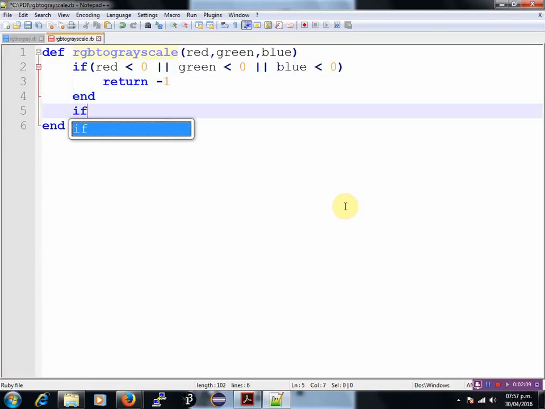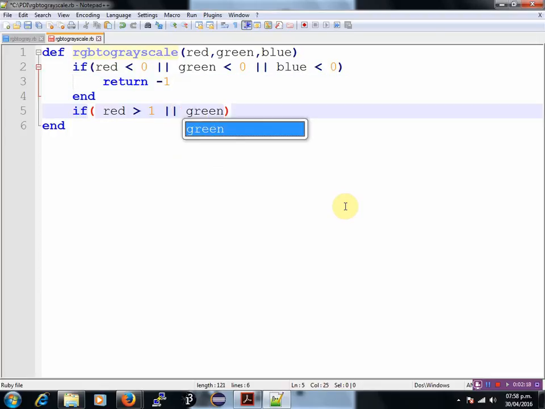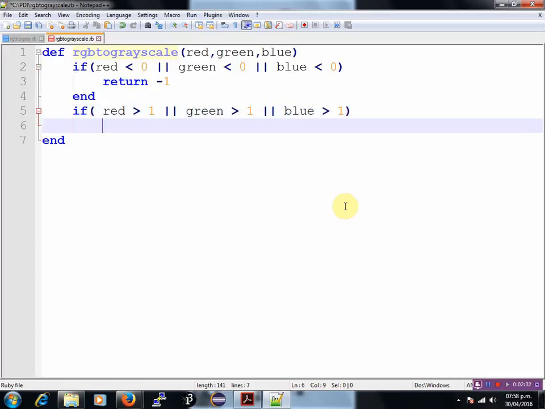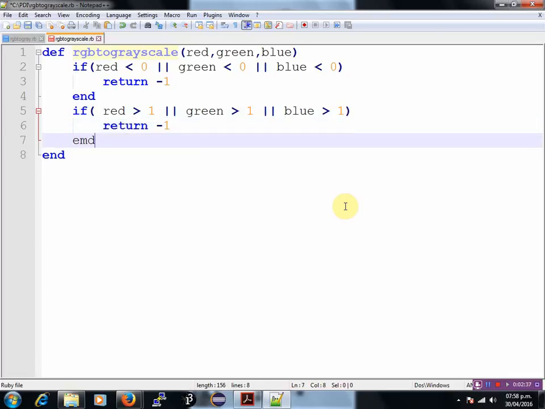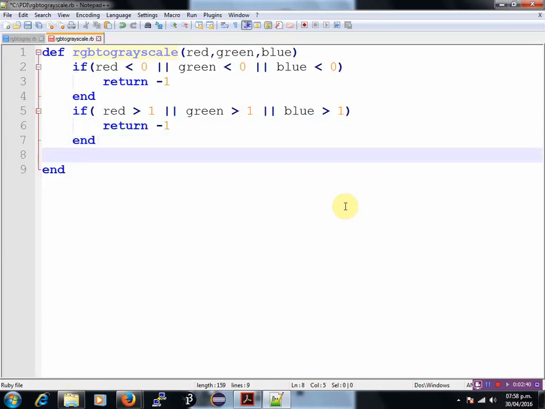Similarly, if red component is greater than 1 or green is greater than 1 or blue is greater than 1, not 0, here it is greater than 1, return -1 and end. In other cases, return